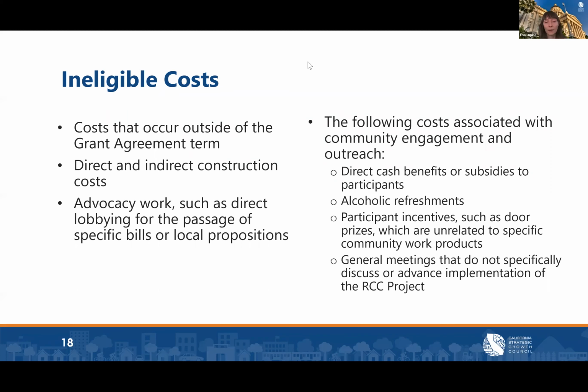So having a stack of gift cards at an event would not necessarily be eligible, whereas working with a community partner on a specific project and being able to compensate them for their time would be.